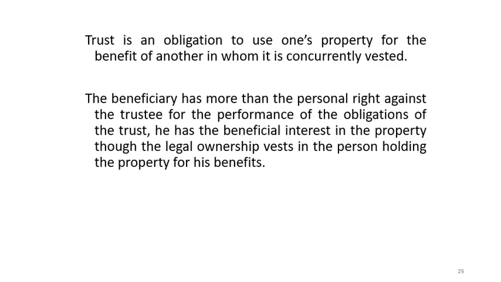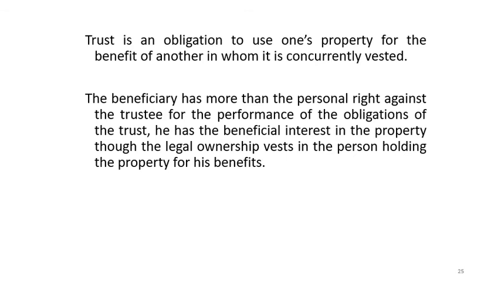And this is the contract and the trust obligation. Trust is an obligation that we have seen annexed to the property. Trust is an obligation to use one's property for the benefit of another person in whom it is concurrently vested. Beneficiary has more than the personal right against the trustee for the performance of obligations of the trust. He has beneficial interest in the property, though legal ownership vests in the person holding a property for the benefit